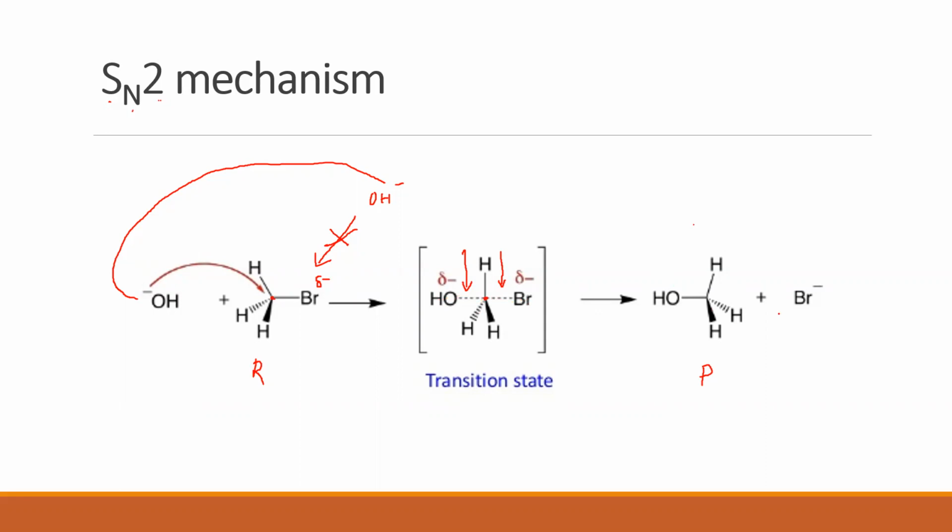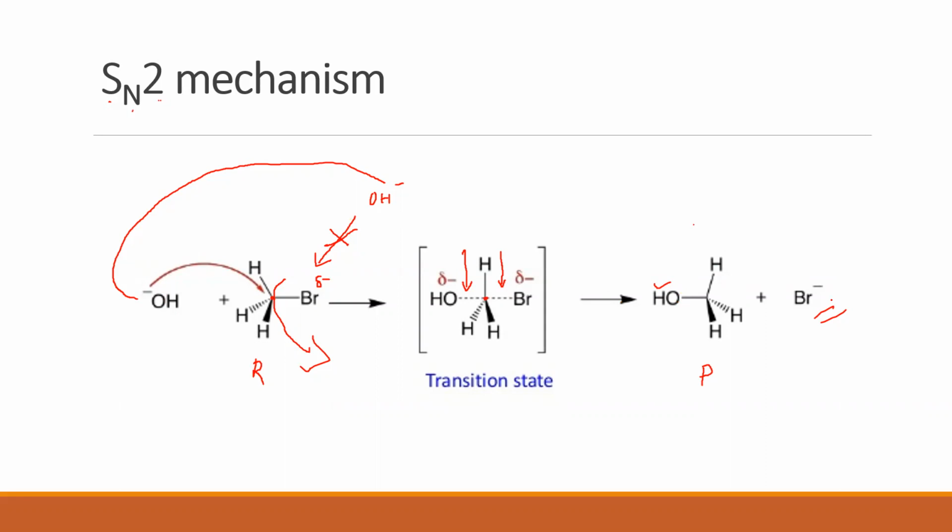Clear? Now when you observe the products here, what is removed? Br is removed, which means during the course of this reaction, Br goes out as Br minus. In place of Br minus, who's come in? Yes, OH has come. Clear? OH minus was what? It was a nucleophile. Since a nucleophile has been substituted in place of the halogen, we call this reaction a nucleophilic substitution reaction. Clear? All right.